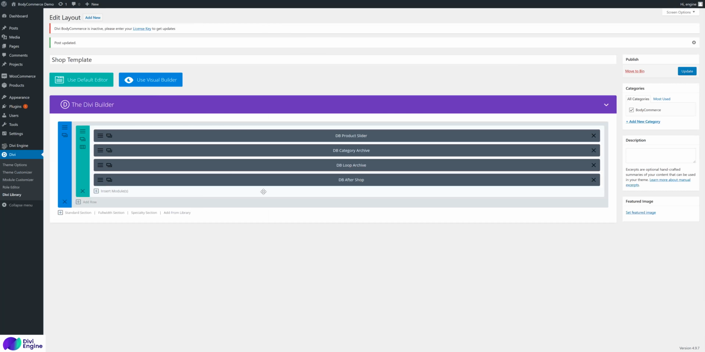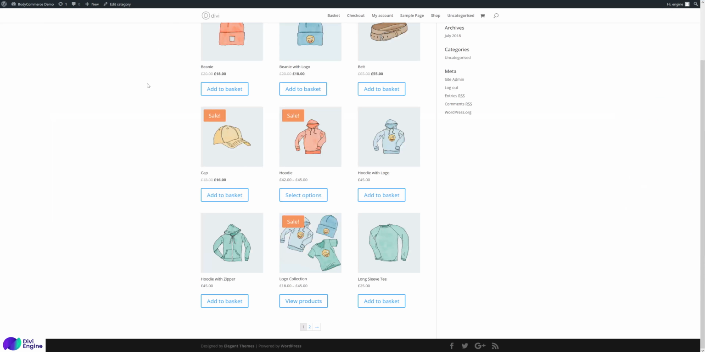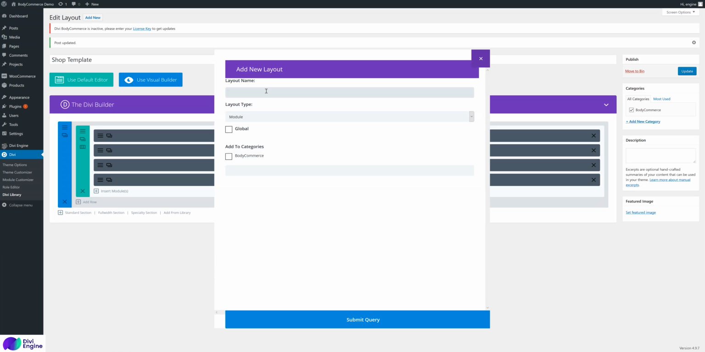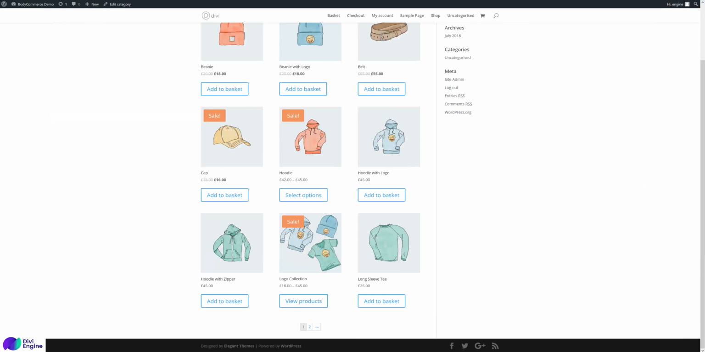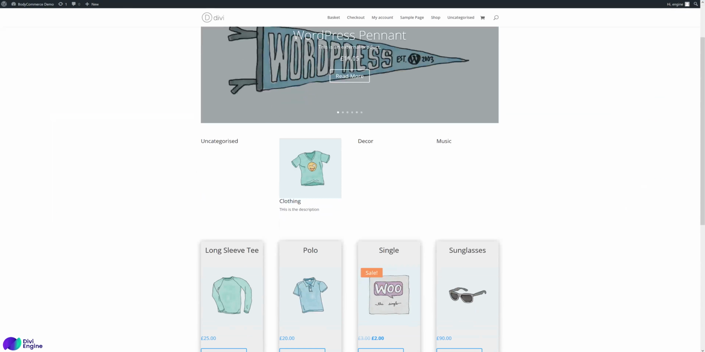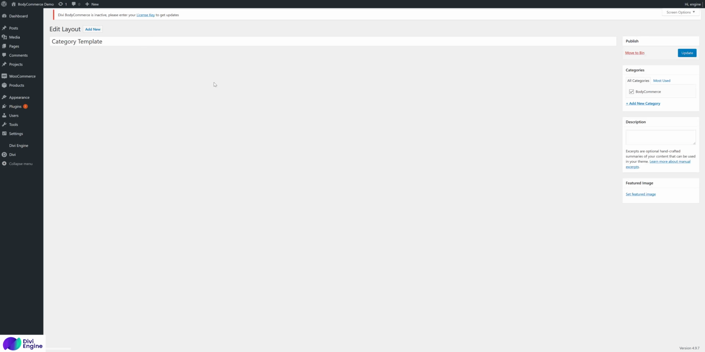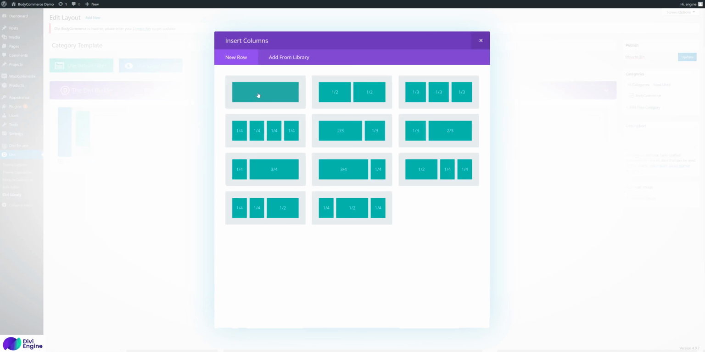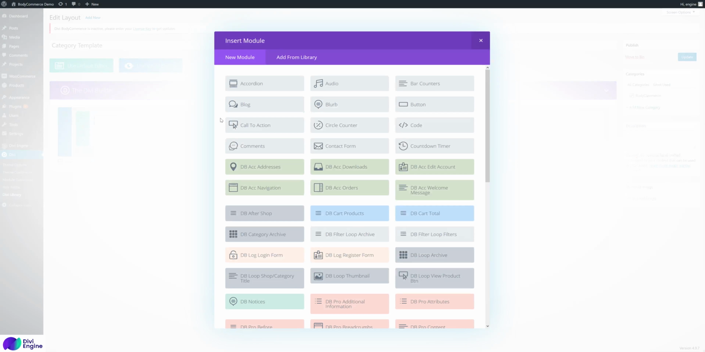Now other than that, so we have the shop template. Now we can create a new layout called category template. So we have the shop template, the category template, and in there maybe all I want is just the products. Well, hang on a second. Actually, because I have